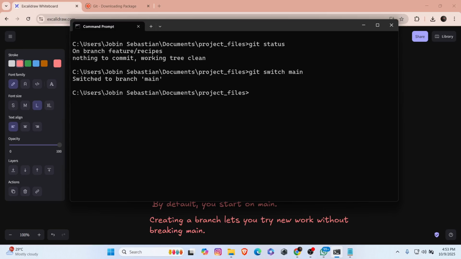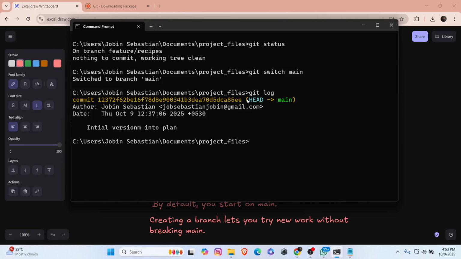Now you are in the main branch. We already added some recipe files, then we committed that recipe, and we have the commit in git log. Now you can see you have a commit on the main branch, and if I try to switch back to your feature